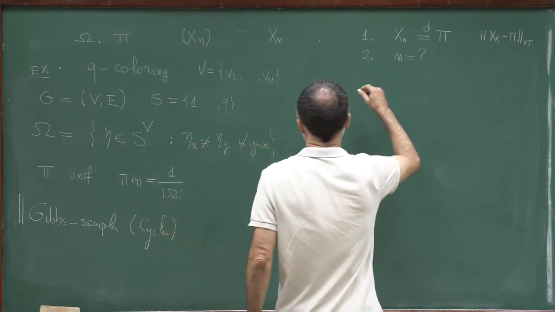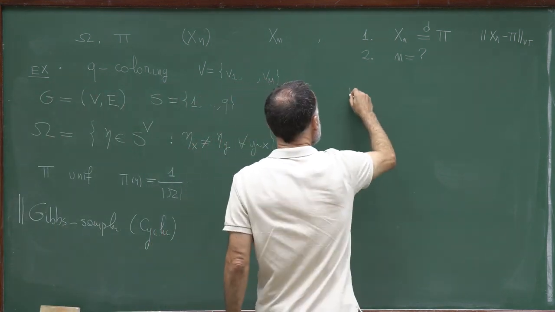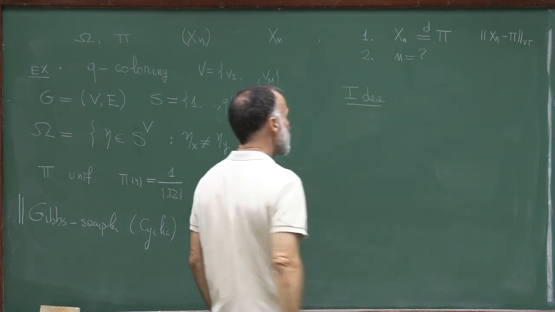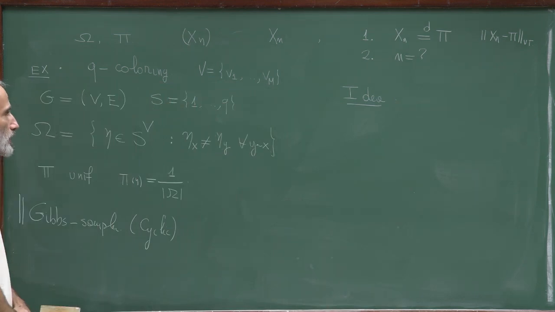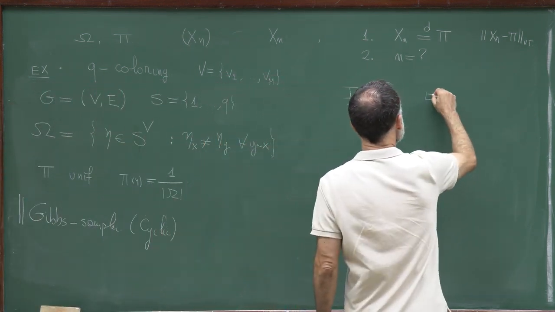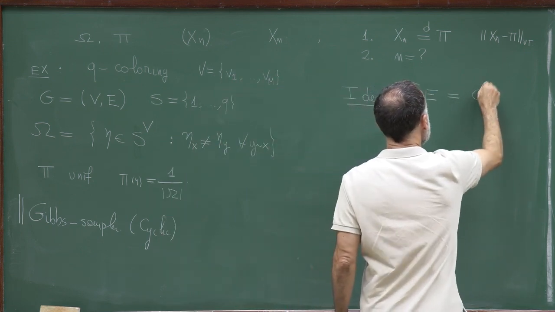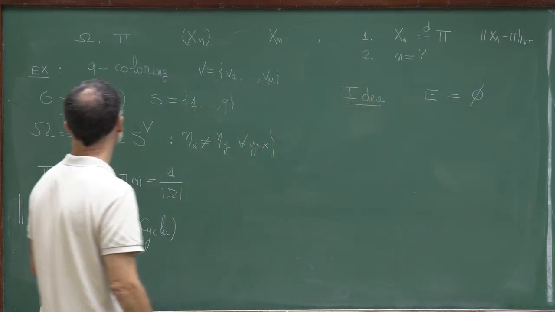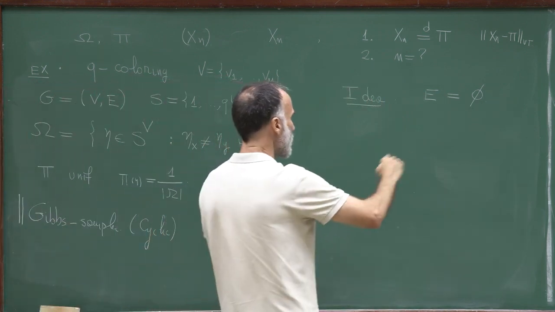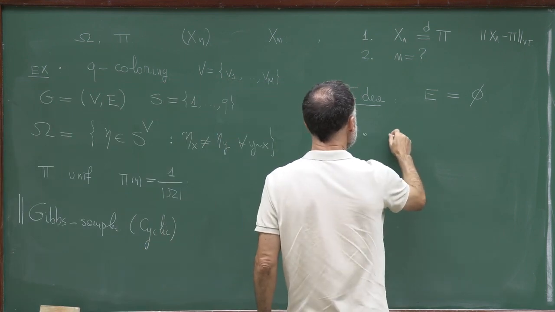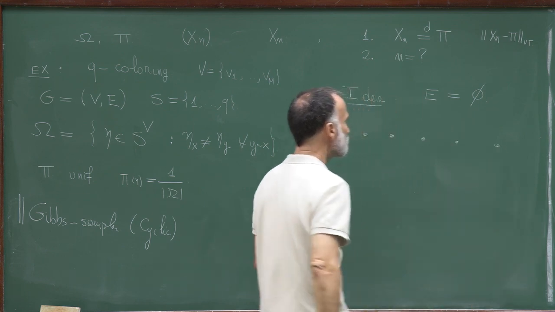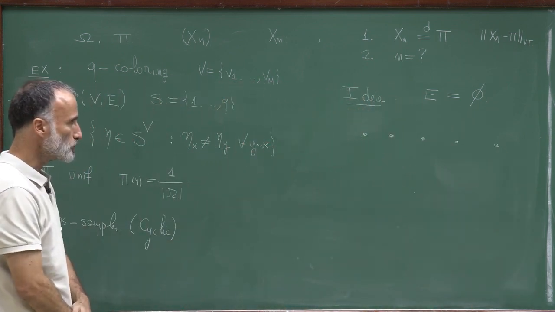So, and for that we will use a coupling. So to explain the coupling, let me consider a very simple case. Let's assume that the set of edges is equal to the empty set. So in this starting graph there are no edges, and which means that, say that we have here the set of vertices, say that |V| is equal to 5, so there are no